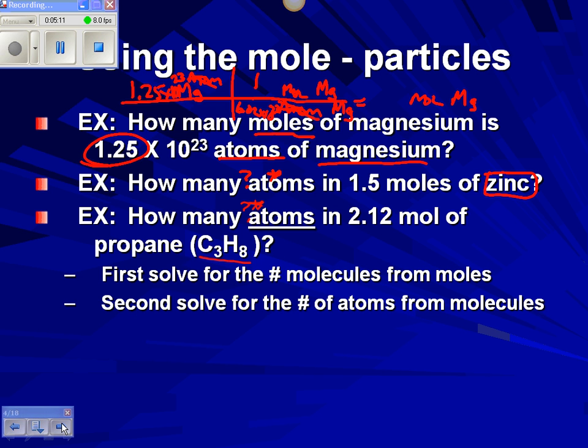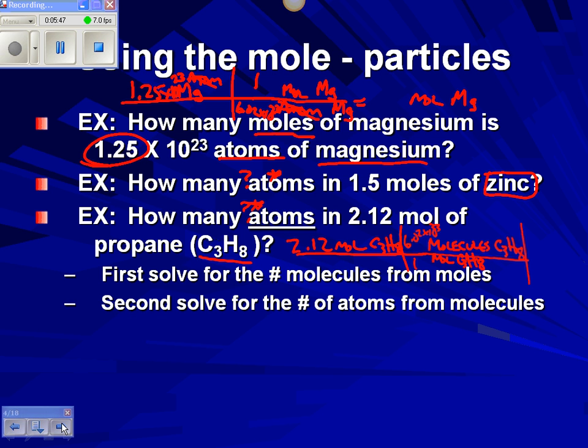So my Avogadro's number will only apply, and we're going to C3H8, to the molecule. I can go from moles of C3H8 to molecules, because Avogadro's number applies: 1 mole is 6.02 times 10 to the 23rd. Okay, that's only going to apply, if we're going to the atom, it's only going to apply